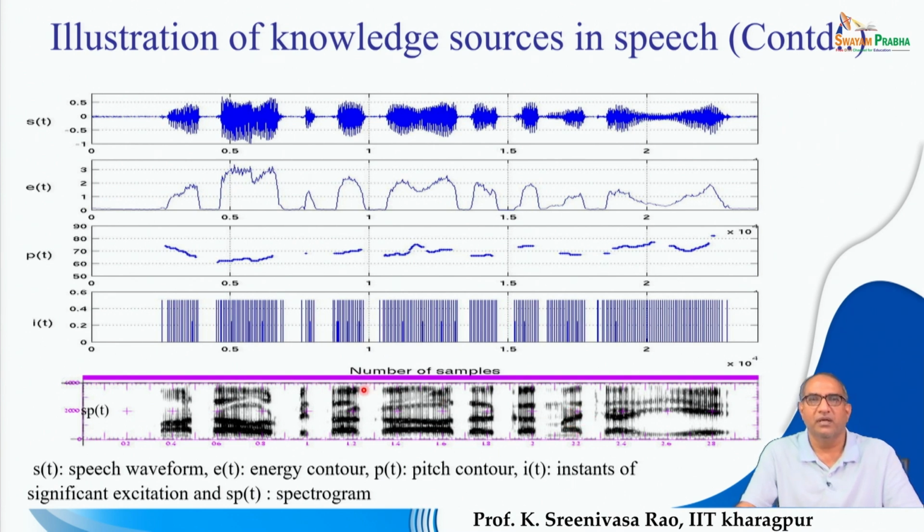So that way, by using a spectrogram and properly analyzing it, we can make out different groups of sound units, and sometimes even the